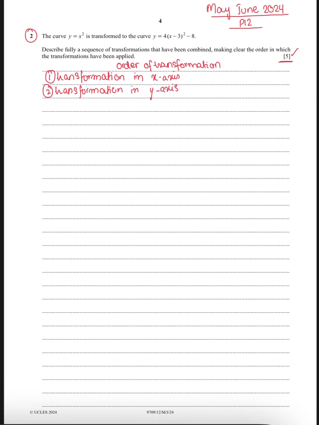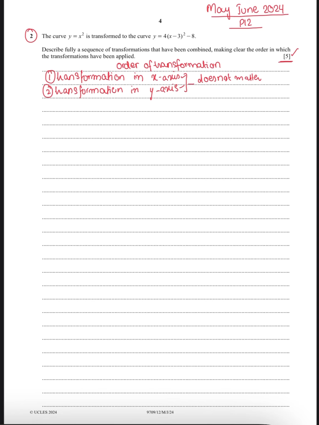Now the order you apply these two transformations does not matter. You can start with either y-axis or x-axis, that does not matter,